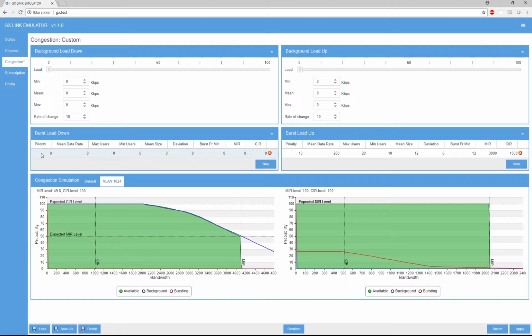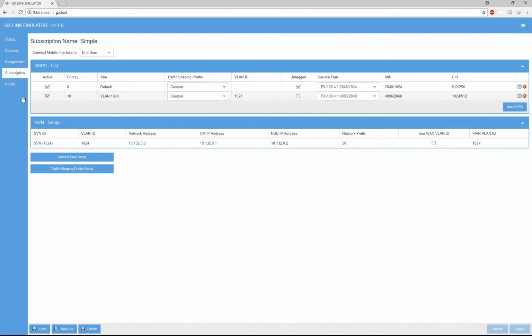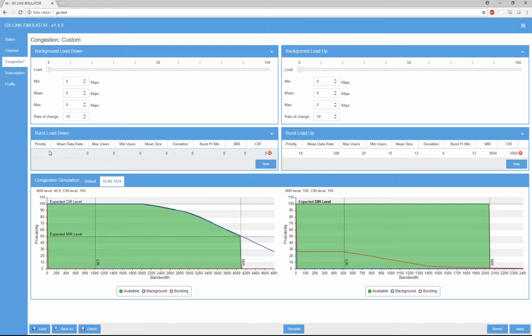Burst loaders will respect the priority of data, so a burst loader might have lower, higher or the same priority as your own. On the subscription tab I can see that the priority for the VLAN that I'm using is 10, so I will set this group of users to have the same priority. I could say that there are 3 users at most and minimum.